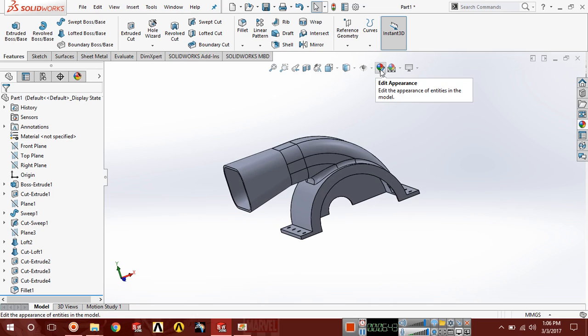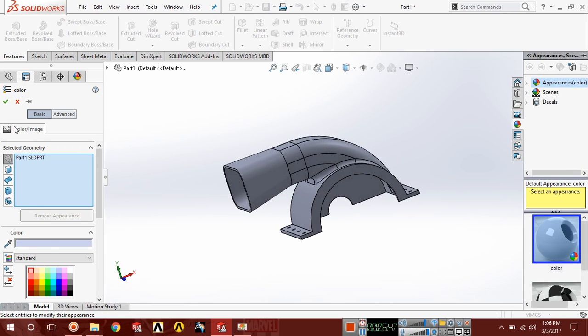Go to appearance, edit appearance, and here I'm going to give it red color.